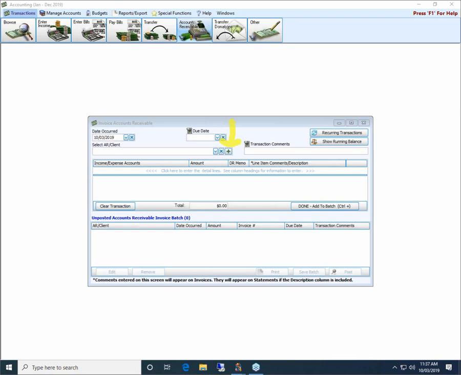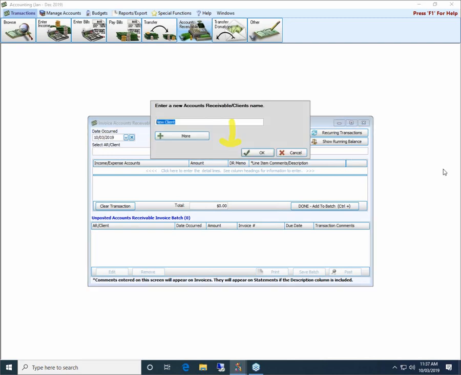And when we click on that plus sign, it opens up the add new accounts receivable, enter new accounts receivable client name, okay? So here I would type in the name of my new client. We're going to do John and Amy Wilson, okay? I can leave it at that if I'm okay with it, but if I click on the Add More